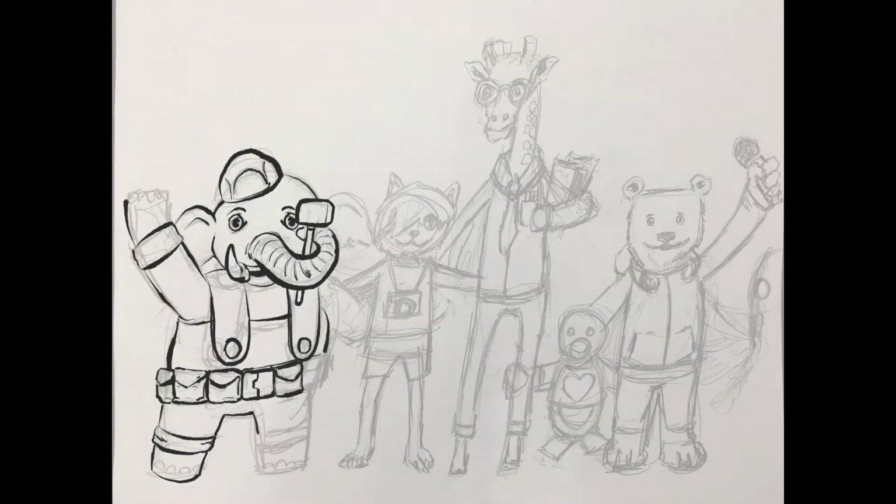And so make them in a line and draw what they do. Make sure that you show what they do for a job or a career using the items that they use. They could be holding them as props, or the uniform that they're wearing could show what it is that they do. So as you can see here, I'm taking my time, drawing out and tracing over almost all the lines,